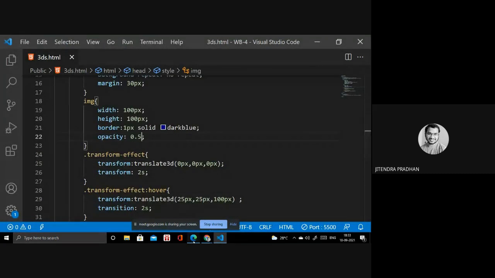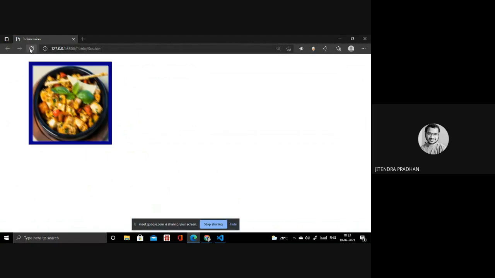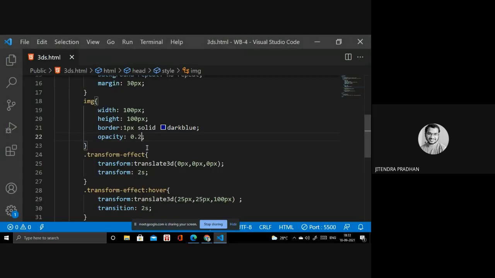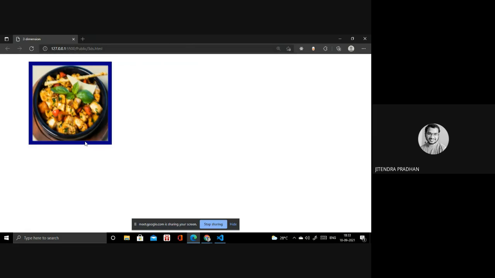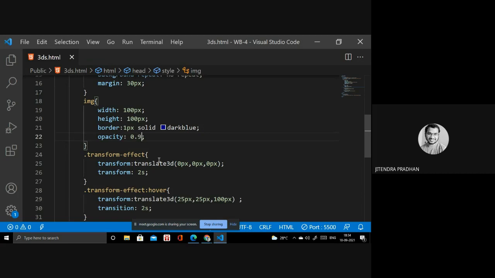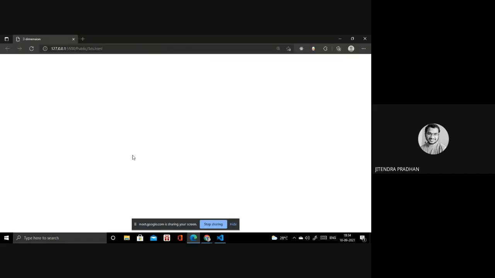Let's see what happens. This doesn't look better, so you have to adjust. If I use 0.2, let's see what happens. And if I apply 0.9 as well.